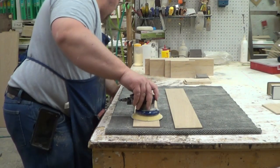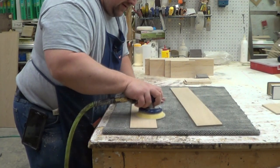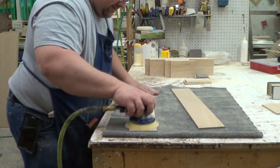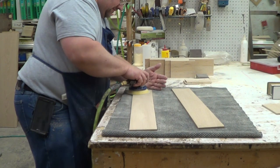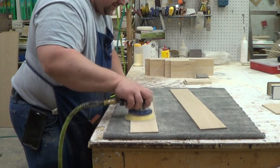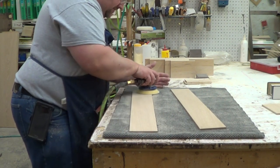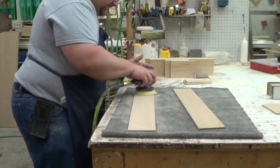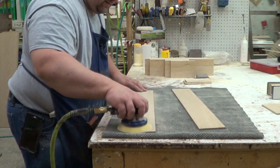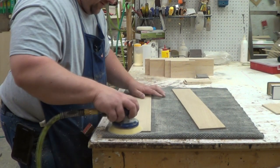Some of you might ask why I use an air sander versus an electric sander. Basically, I prefer an air sander over a typical electric sander, like your Porter Cable, DeWalt, Makita, Ryobi, ones like that. That's how I first started, and up until about 9 or 10 years ago, I had acquired an air orbital sander